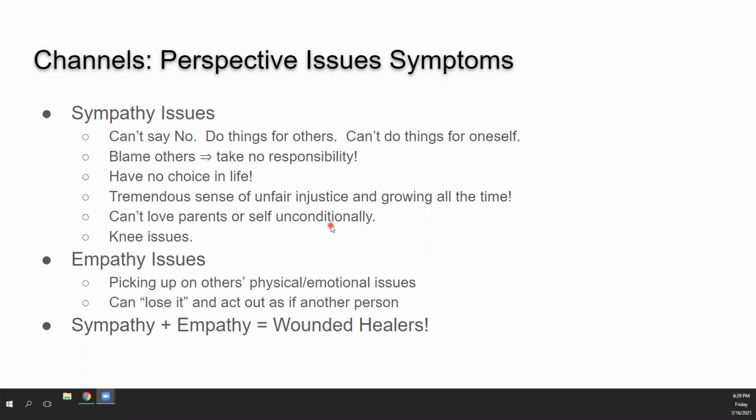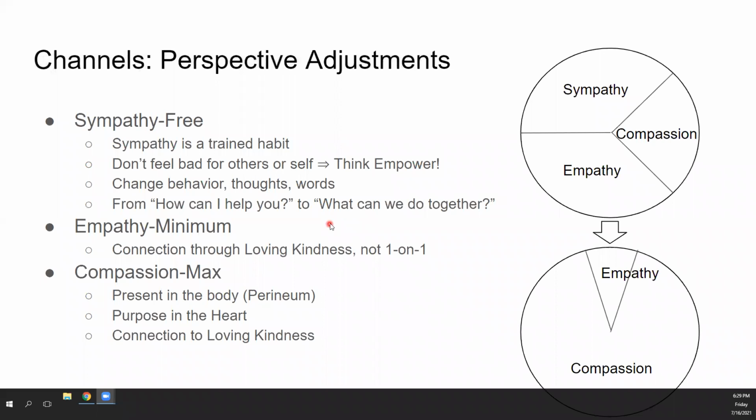So we don't want to be wounded healers. We want to be true healers. Okay? We want to truly heal ourselves. So how do we adjust this, right? The goal is to be sympathy free. Sympathy is trained. Okay, if every child who's born has this judgment,